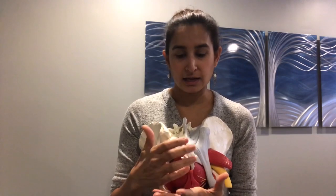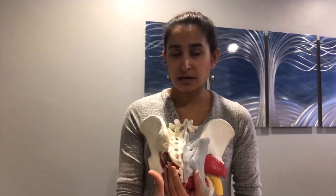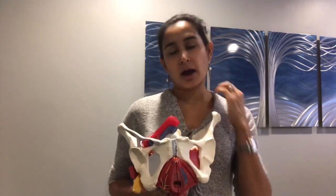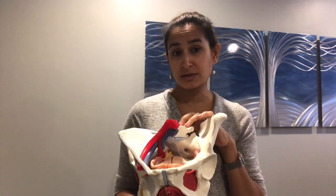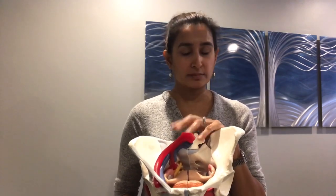Now, you may have had to have this done, and there was no other choice around it, but treatment is available to help get these muscles working again in a more efficient way and not be so tight. And this is where working with an integrated pelvic floor and orthopedic physical therapist can really help because they understand how all of this is interconnected. So if you are suffering from issues that you've developed from removing the coccyx or part of the sacrum, then this little demonstration that I just showed you can potentially be explaining some of the issues that you're having. And not only in the spine, because I just had a patient call me just yesterday,